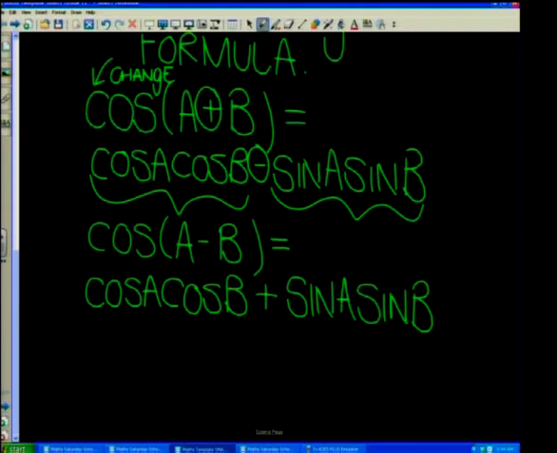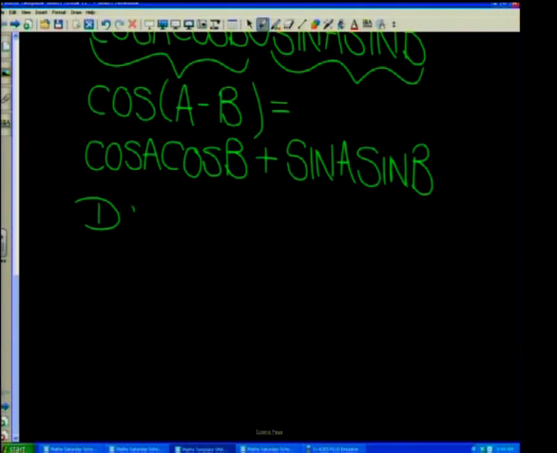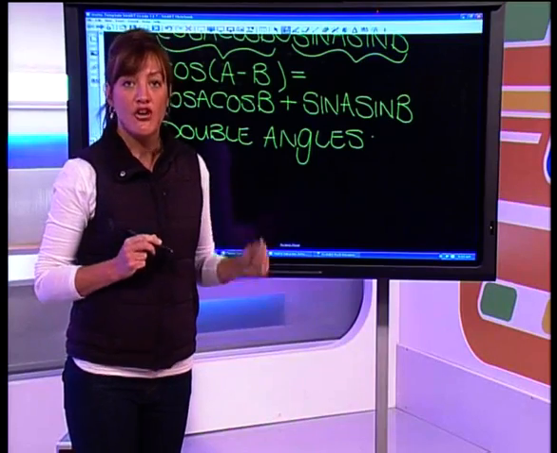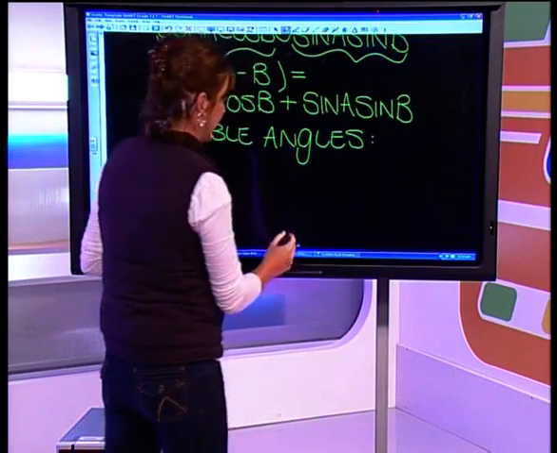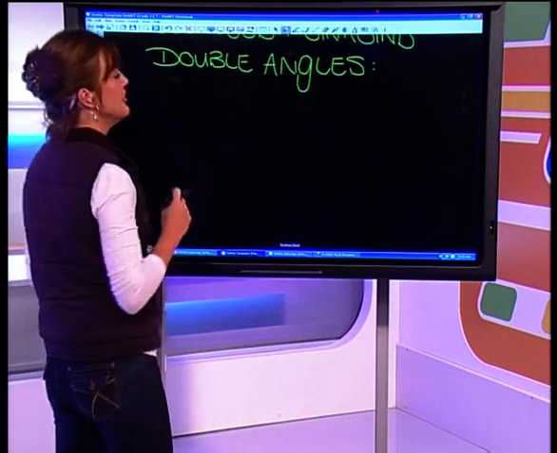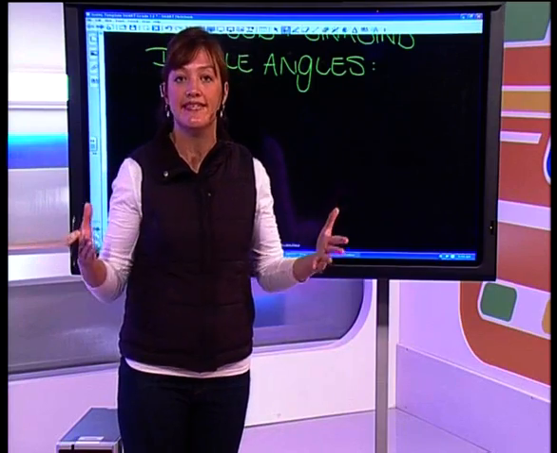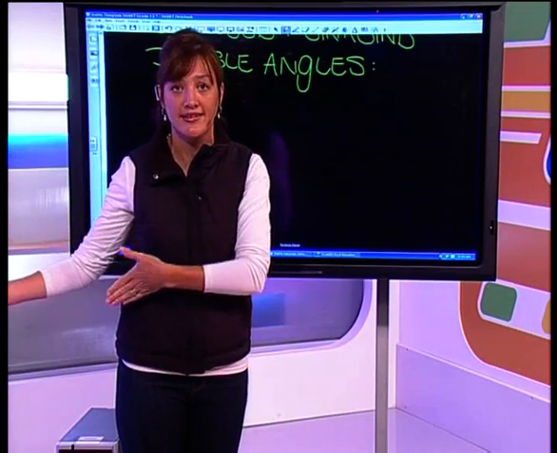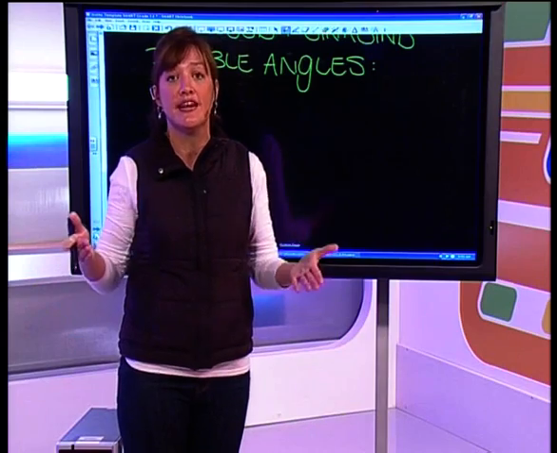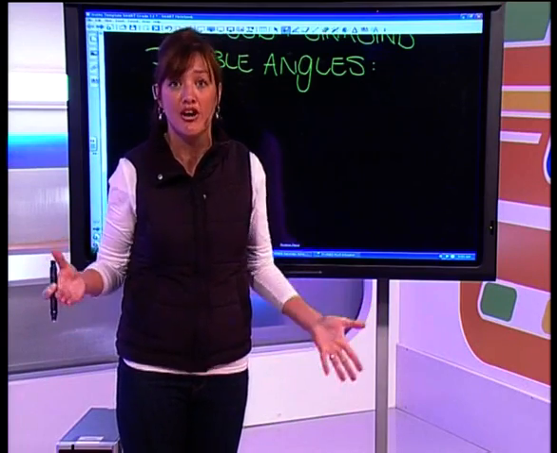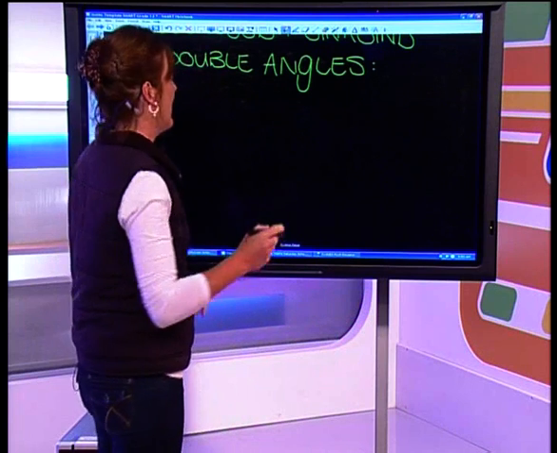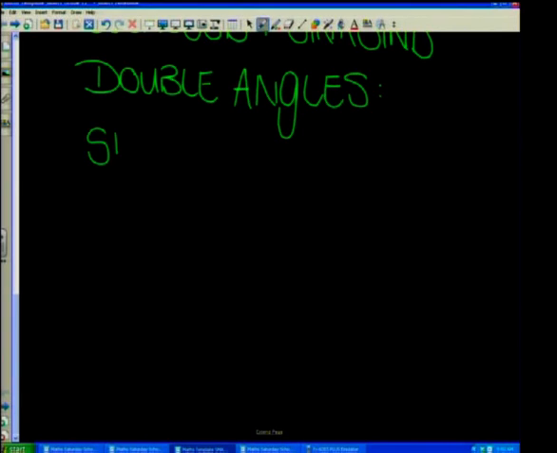Right, let's have a look at the double angles. Double angles work like this. This they could ask you in a paper, so watch carefully here, because this is a possible question. They could ask you to prove the double angle. Prove that sine of 2 theta is equal to 2 sine theta cos theta. So it's not just good enough to just know it. We actually have to know how we got it. And basically, this is how it works. If I have got sine